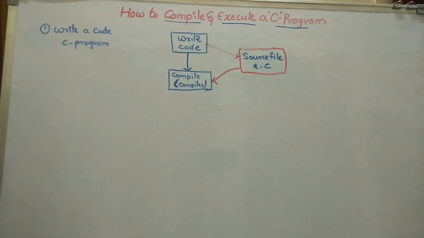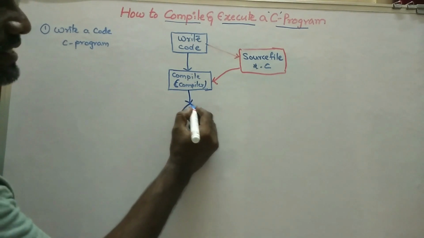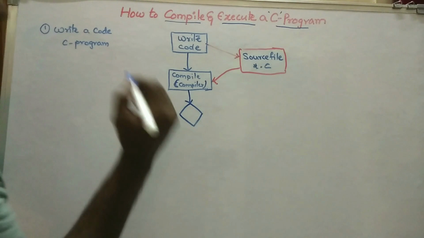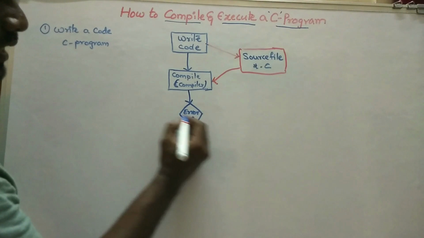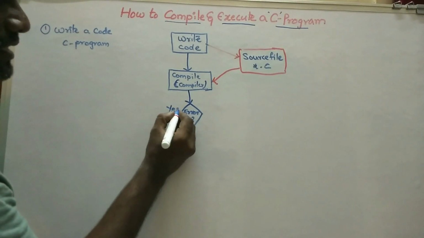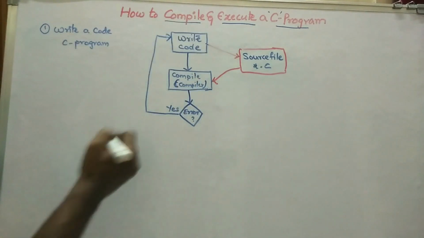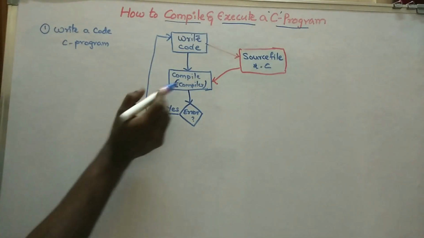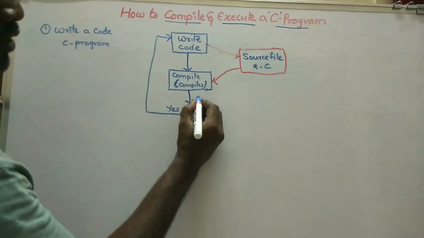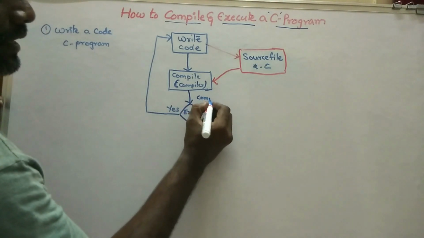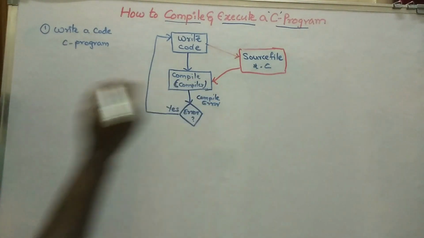Whenever you compile the program, if there is an error, then we again have to rewrite the program. In this type of error, whenever you compile the program and get an error, this type of error is called a compile error. After the compile,